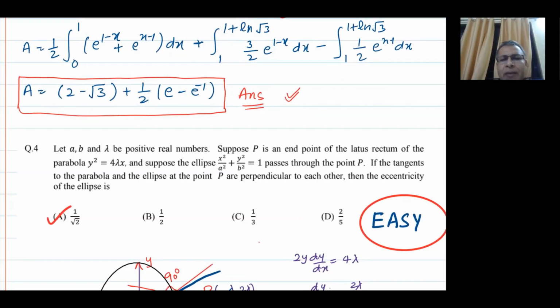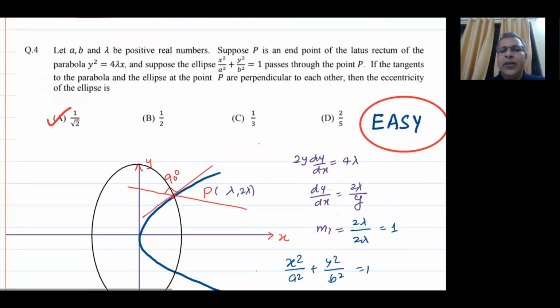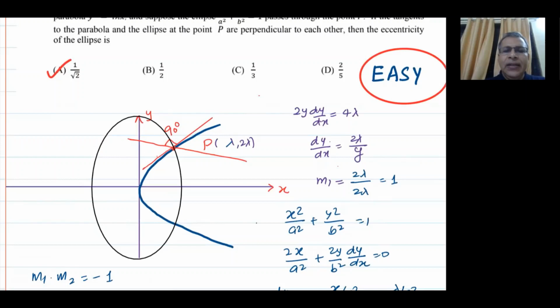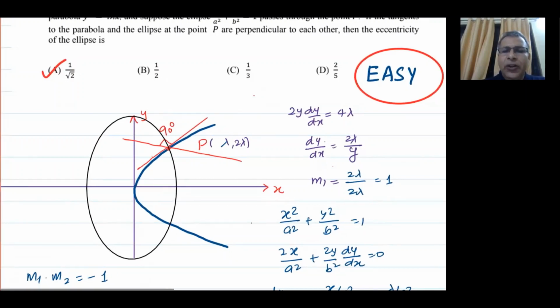Question is, let a, b and lambda be positive real numbers. Suppose P is an end point of the latus rectum of the parabola y square equal to 4 lambda x, and suppose the ellipse x square upon a square plus y square upon b square equal to 1 passes through the point P. If the tangents to the parabola and ellipse at the point P are perpendicular to each other, then find the eccentricity of the ellipse. So we have to plot this parabola, and this is the ellipse, and then this is the point of intersection,